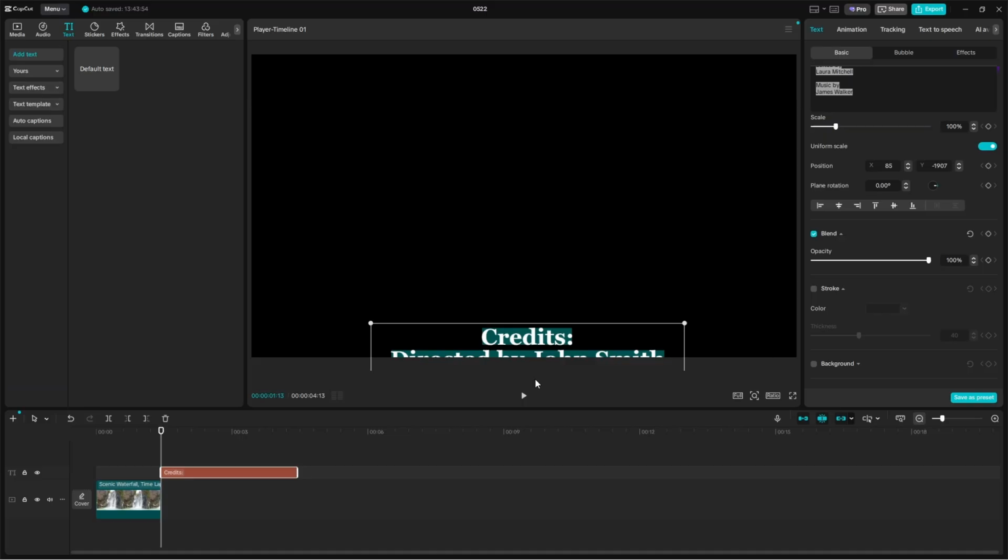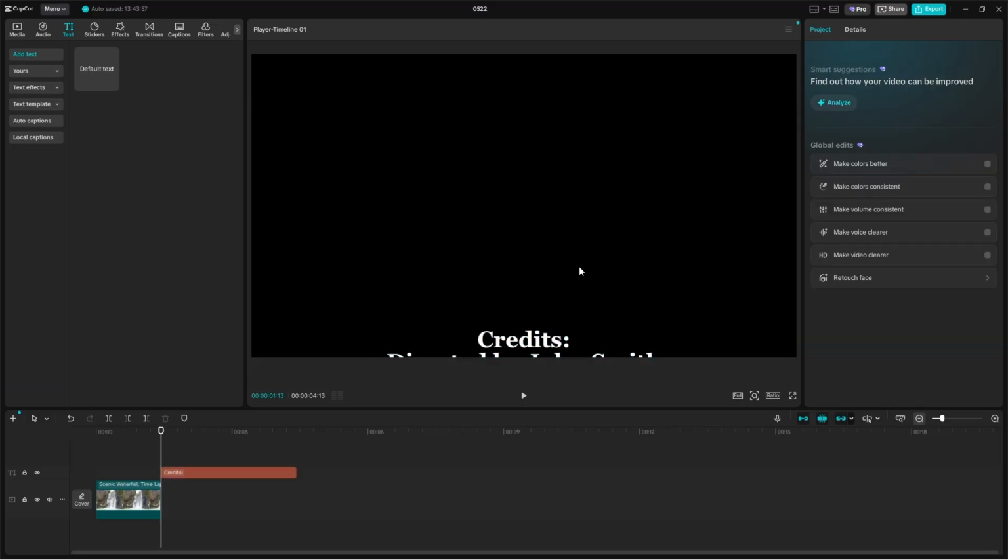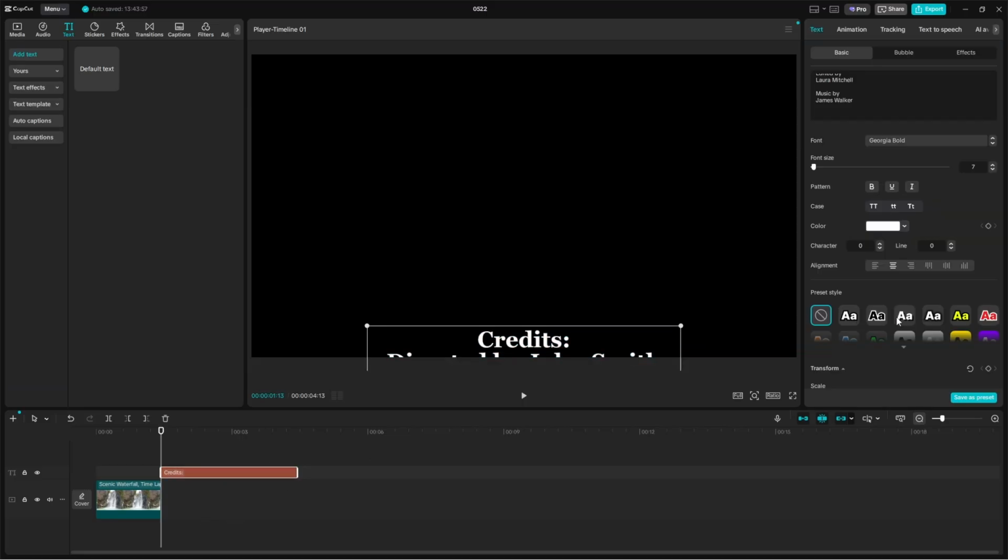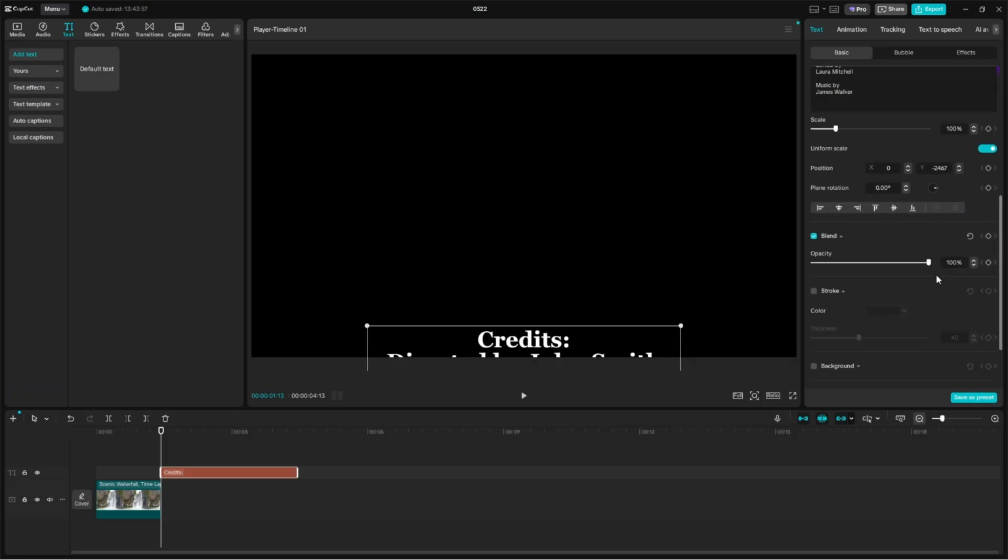After placing the text in the starting position, go back to the position settings and click on the Add Keyframe button. You will see a small diamond icon appear to confirm the keyframe has been added. Next, move the playback cursor to the end of the text clip on the timeline. Once you are at the end, go back to the position settings and click on the Add Keyframe button,